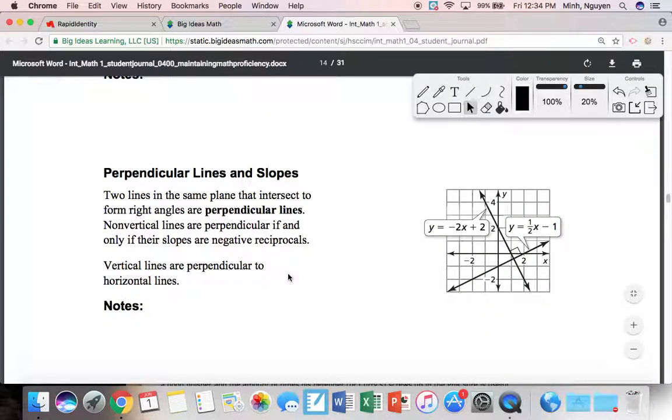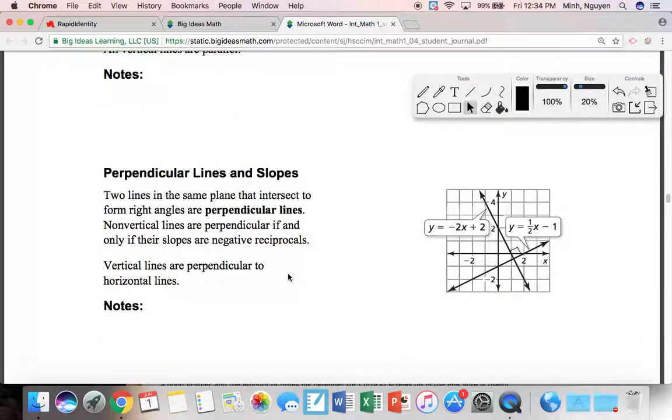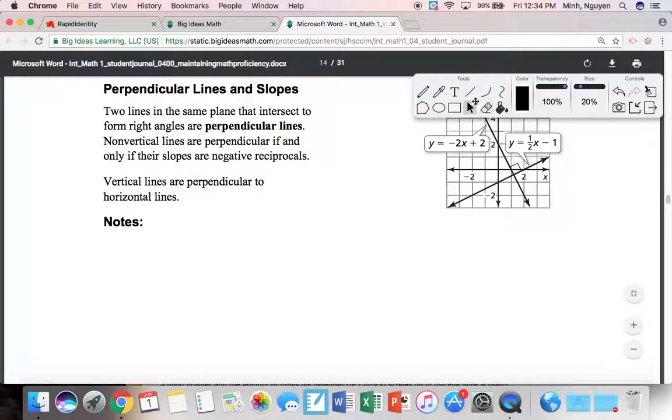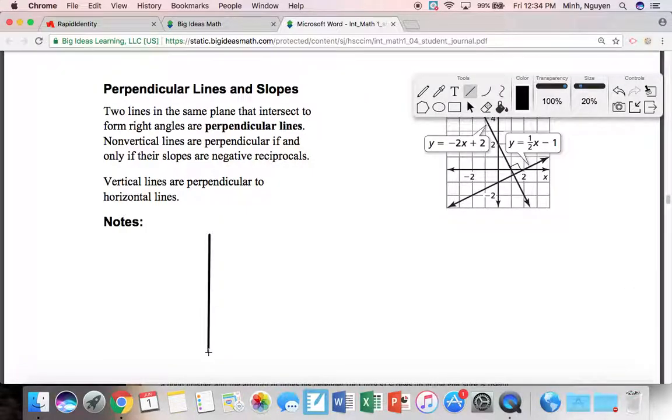Two lines in the same plane that intersect to form right angles. So earlier I wrote perpendicular to each other, right angles are 90 degrees. Notated by this little box right here. If you see that, you can assume, or you're being told, that this is a 90-degree or right angle. So vertical lines are perpendicular to horizontal lines. That should be kind of obvious. They form a cross of sorts. Pretend these are straight. If you take a second and look at these,